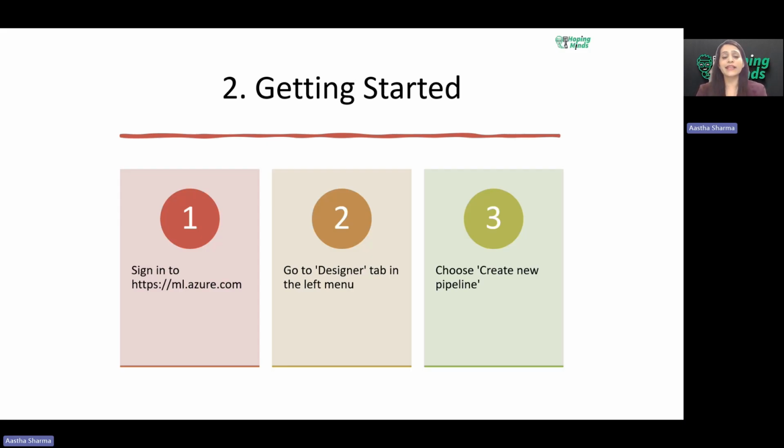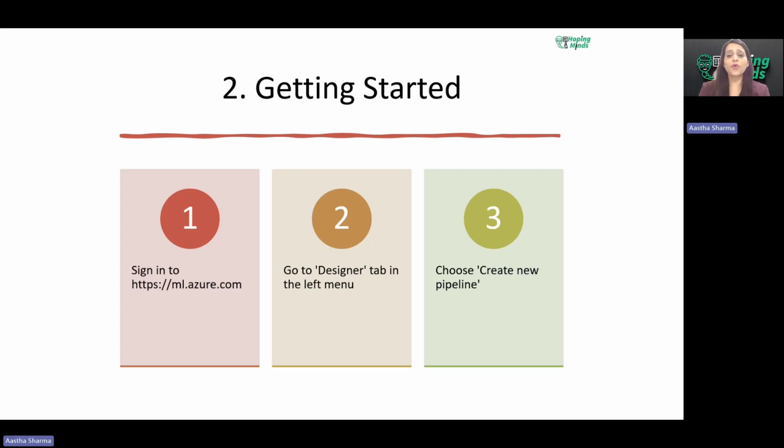Once you are there, you are going to sign up for your free trial, which is going to last for 30 days. You are going to create that, leverage all the things in it, and then navigate to the designer tab. You click the plus sign, then go to New, and then create a pipeline to start your machine learning project.